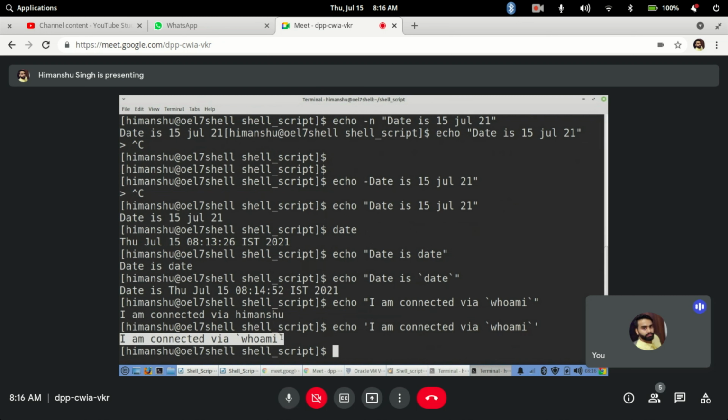It doesn't matter if you have back quotes, a dollar sign, or any specific shell keywords, it will just print as it is. So single quotes are used for hard coding a particular string. It doesn't matter what whoami is, it will print it as written inside the single quotes. Clear?